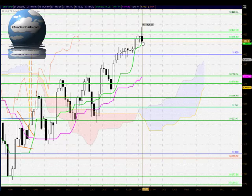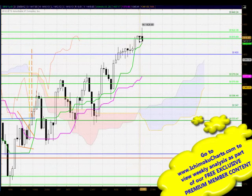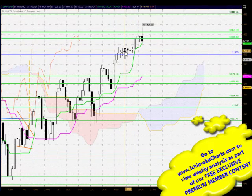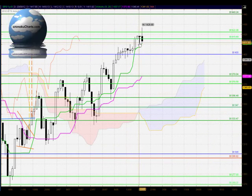Well, a continuation of the trend to the downside today, a candle that's made a higher high but a lower low, failing to change the trend that was established to the downside for the previous day's trading. In the previous day's trading we had a candle that made a lower high and a lower low, and the market prior to that was in a very strong first time frame uptrend where we had potential for a change of trend but no change of trend, and yesterday's trading saw a change of trend to the downside where the sellers failed to